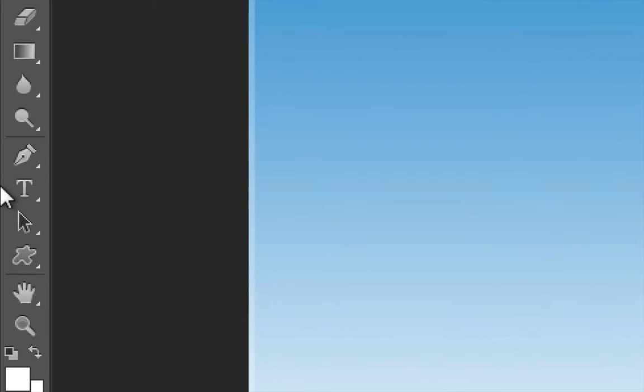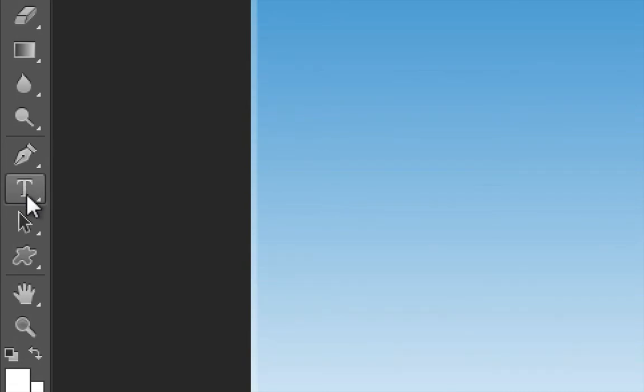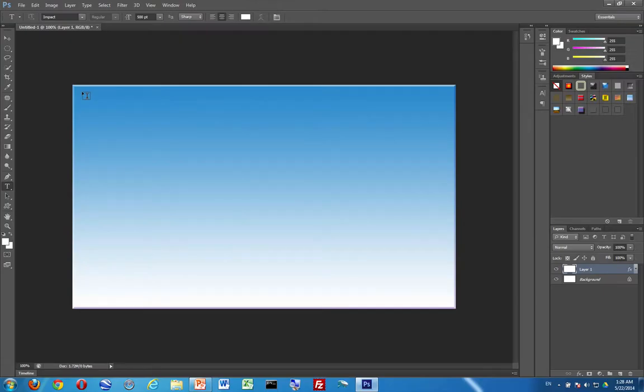So go over to the left, click on the letter T in the toolbar, and you'll notice that now your cursor looks like a little I-beam. Start in the top left corner, click, and then drag down about maybe 3/4 of the way. So try to fill in the top 3/4 of that box. So now we can type our letters L,